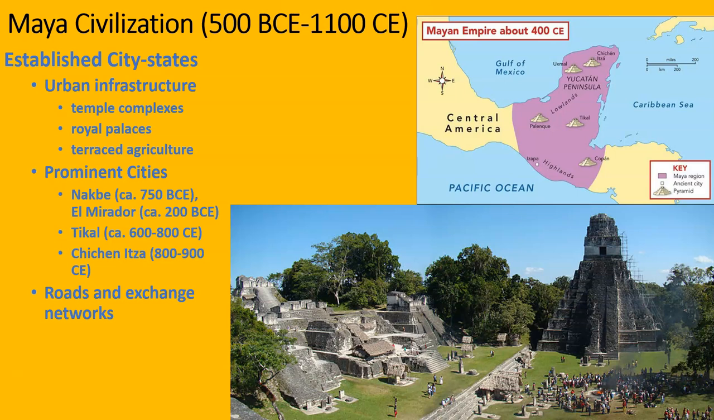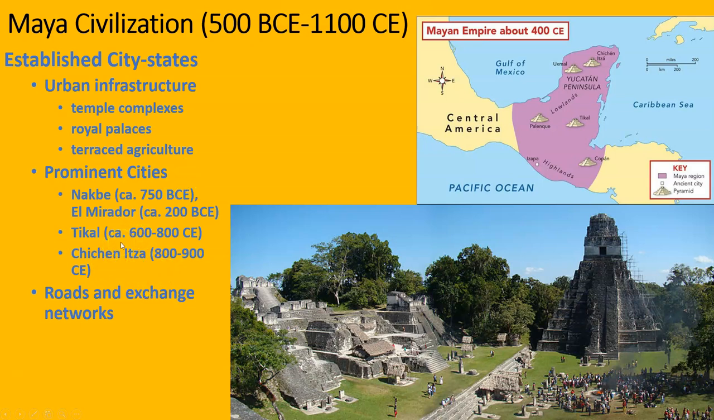And then the last group of Mesoamerica here would be the Mayan civilization. Again, a lot of cities. This is Tikal. You can see these large cities all throughout the Mayan Yucatan world. They have urban infrastructure, temple complexes, royal palaces, agriculture. Early cities date back to like 750 BCE, 200 BCE, but the height, the golden age